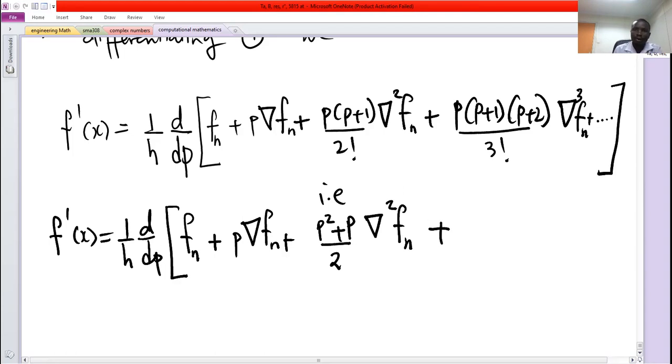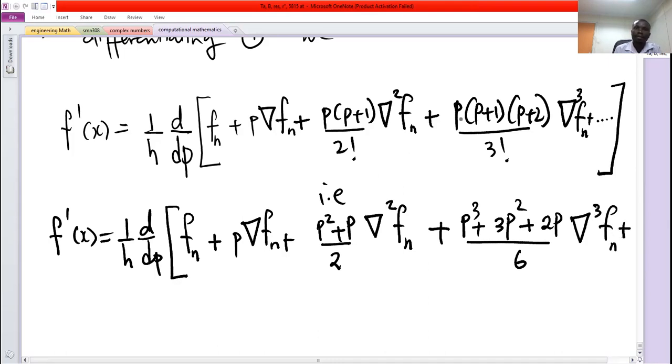Next one, when you open this one, you'll have p cubed plus 3p squared plus 2p over 6, 3 factorial is 6, third backward of fn plus next term. When you write the next term, opening it, p power 4 plus 6 p power 3 plus 11p squared plus 6p divided by 4 factorial, which is 24,